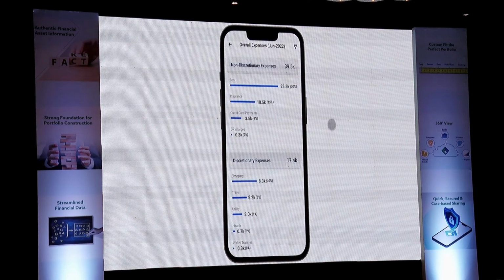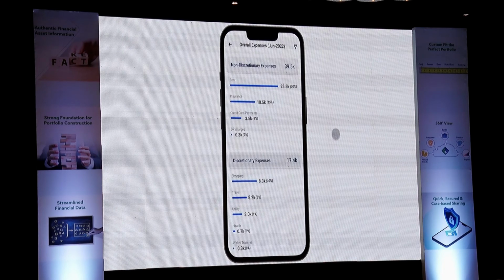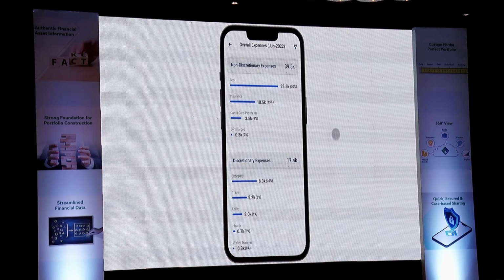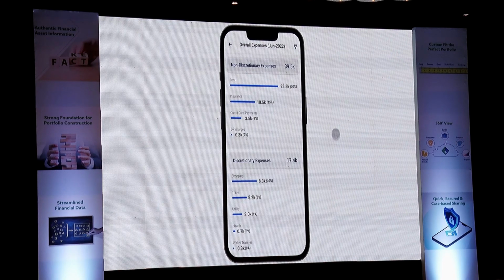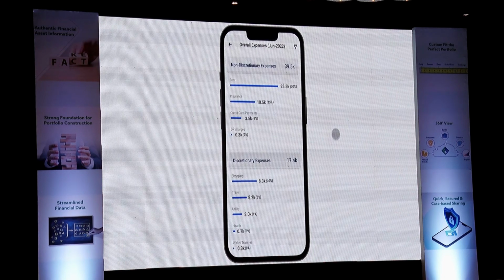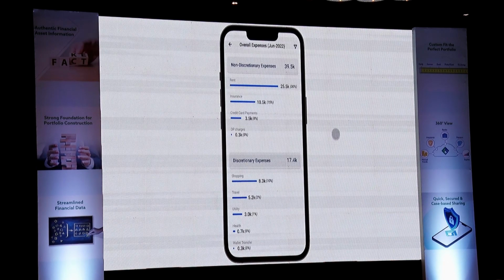And this is the third part, which is the expense categorization. Again, we spoke about it in the bank statement analyzer part: what are the discretionary expenses, which means the money that will always go out of that investor's account, and what is non-discretionary. This will again help you create a persona of this user and say that this is the money around which you can give advice and make sure that the investor is using this money to maybe grow his or her wealth rather than spending or impulse buying.